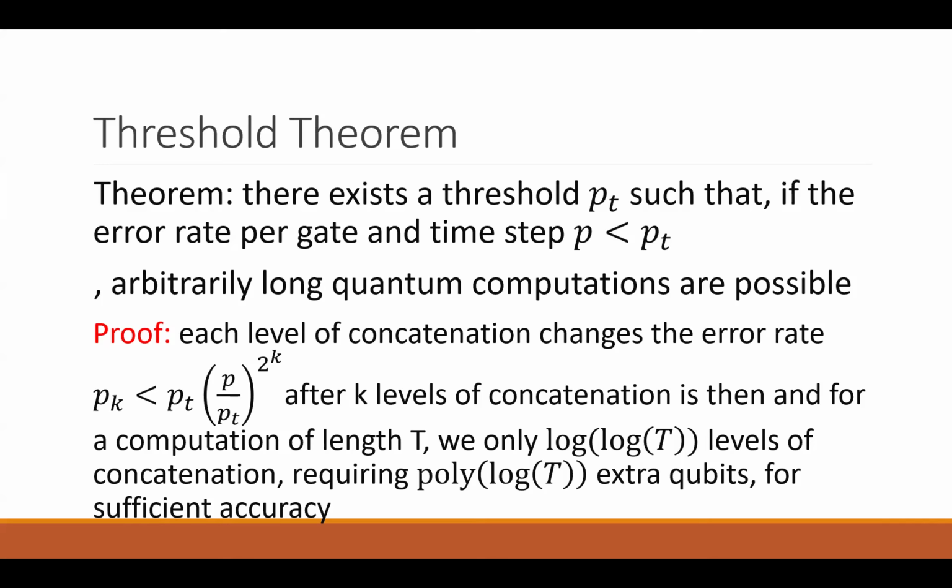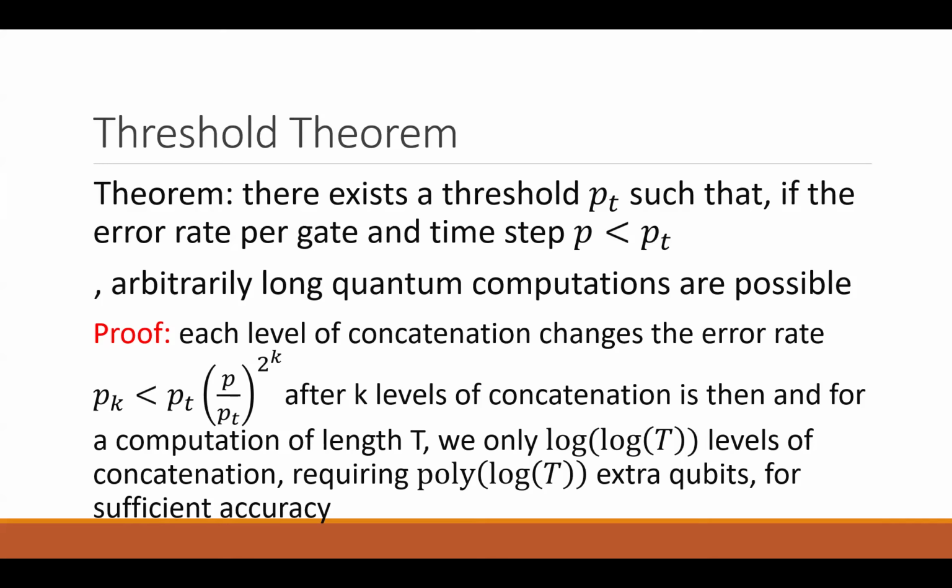But now you have a 1 or 2 there. So this is one exponential, and this is two exponentials. That means if you compare k layers, your error actually decreases double exponentially, but you only increase your number of qubits exponentially. So there are two extra exponential factors. This is what the theorem says: if there is some threshold p_t, depending on the error correction code,